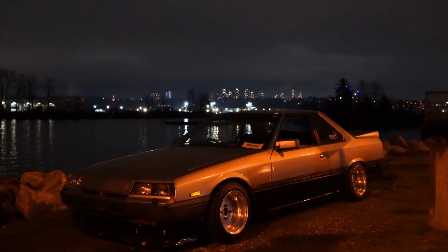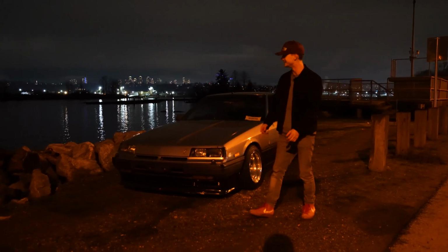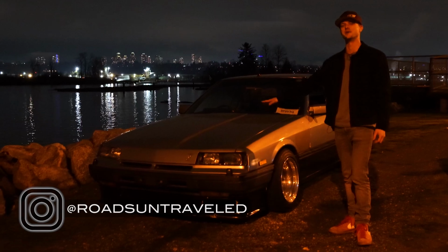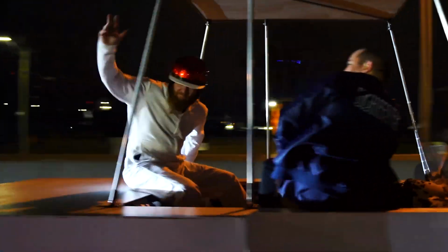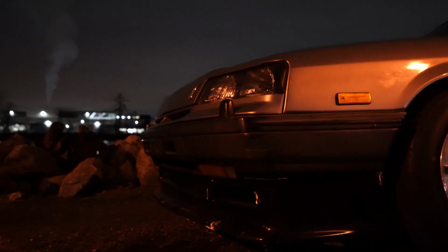Alright, guys, this is Josh's R30 Skyline. This is a good one. I'm excited for this shoot. So tonight we're just gonna go for a rip. We're gonna hit a couple locations, and later you're gonna see a cruise that we attempted to go on a couple weeks ago. But this car, of course, as is the case as these cars get older, it had a